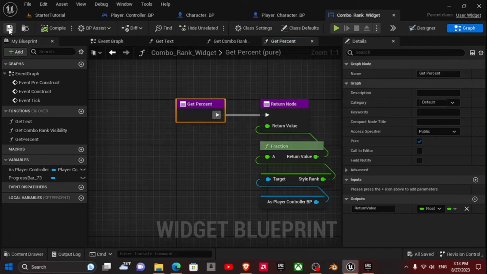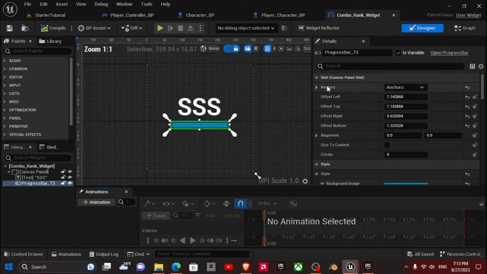Because that's going to fill in the combo rank meter. The last thing we need